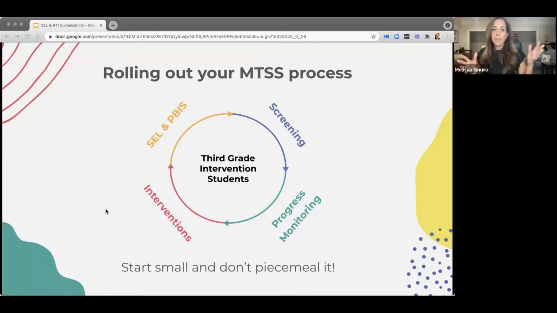So now let's think about the initial rollout. Initial rollout should be for a smaller group than your MTSS framework ultimately plans to encompass. Again, it all comes back to those components you'll be looking at during those problem-solving team meetings. So screening, teachers who know not only how to effectively administer the assessment, but also how to read the reports to differentiate in the classroom. Then data team members that know how to read the data and use it to help determine tier placement for students.